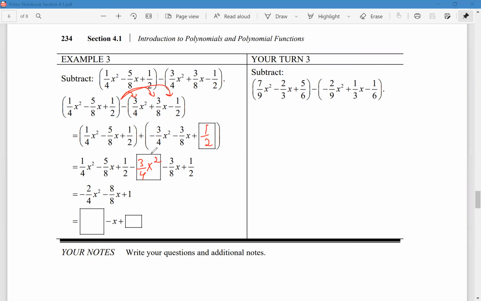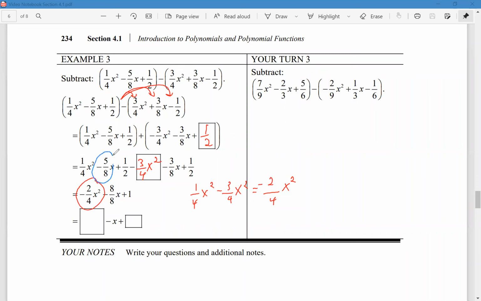So notice that the x squared terms both have a denominator of 4. So 1/4 x squared minus 3/4 x squared. Keep the 4 as the common denominator. 1 minus 3 is negative 2. So that's where the negative 2/4 x squared comes from. Then